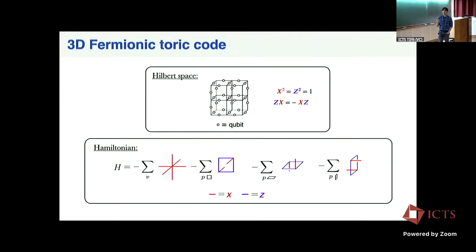So here's a different Hamiltonian, which is called the 3D fermionic toric code. And the fermion will refer to the emergent quasiparticles. The actual microscopic Hilbert space still only contains spin 1/2 degrees of freedom, or qubits. It's the same Hilbert space as the previous Hamiltonian. In fact, the vertex term will be the same as before. It doesn't need to change. But what we do is we change the plaquette terms slightly.